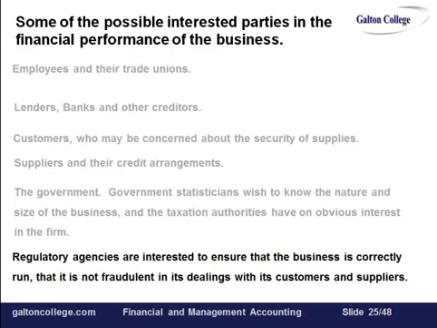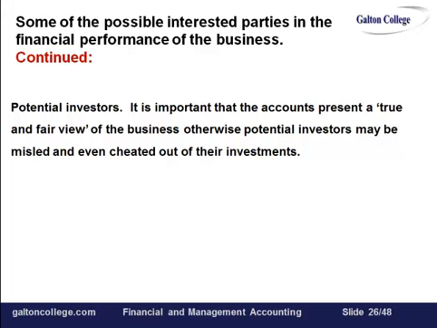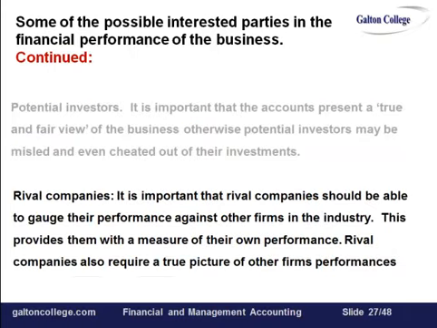Other ones would be potential investors, people who are thinking of investing in the business. They need to know how the business is doing, and they pick up this information from the published accounts, which, going back to it yet again, must be a true and fair view of the business. It must be honest, it must be open, and the figures must be accurate, and it must be done professionally, and it must adhere to the standards set down by the accountancy bodies. So it's standardized. It's possible for potential investors to make accurate decisions, reasonable decisions based on the information.